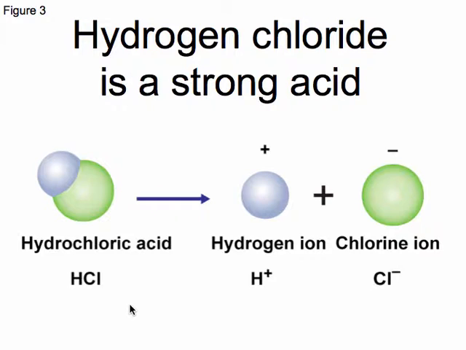With strong acids, all of the molecules are going to disassociate when they're placed in a solution. One of the strongest acids that we have is hydrochloric acid. Hydrochloric acid is the same as your stomach acid. When it's put in a solution, all of the hydrogen ions are going to disassociate from the chloride ions. And as they do, we will increase the amount of hydrogen ions in that solution,